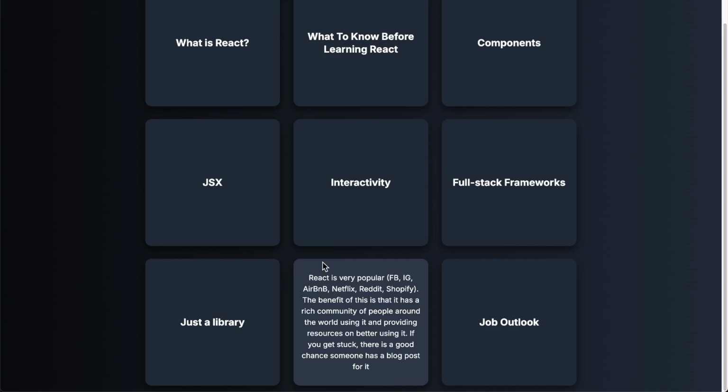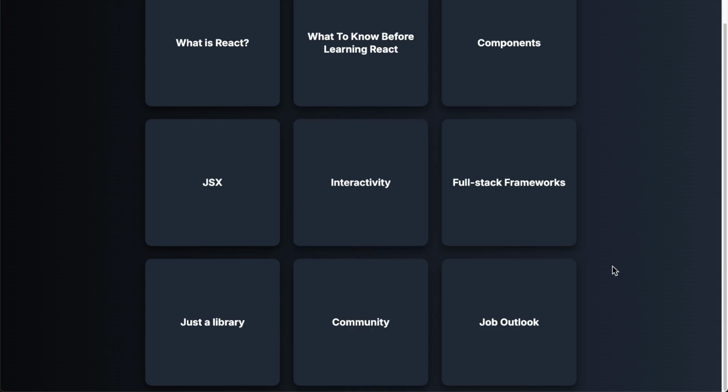Now, the benefit of this community isn't just like bragging rights, but it means that if you get stuck on something in React, there are a ton of resources on how to get unstuck. There's probably a blog post on the exact issue you're running into. There's a ton of different resources on how to do data fetching and routing and all that stuff if you're just using like vanilla React, so to speak. So there are a ton of resources, which, you know, if I was just starting out developing, I'd be like, who really cares? But if you're building a professional application that you're planning to maintain, having resources for that library and having a good community around a library is really important, and React definitely has that.